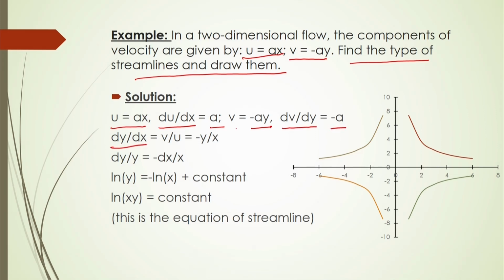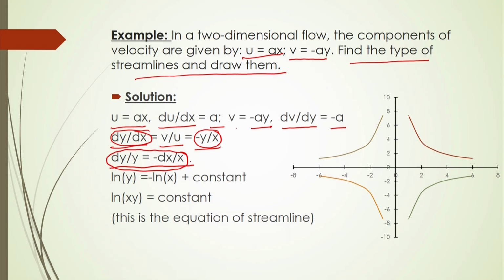Now, dv/du, from these relationships, we can express that it will be v by u. So, it will be minus y by x after substitution, and then you can express this du by dy that will be equal to minus dx by dx. These things are coming from the first dy by dx equal to minus y by x.